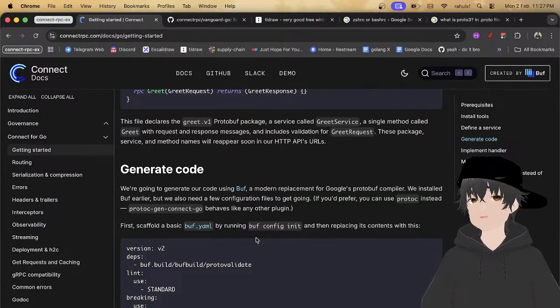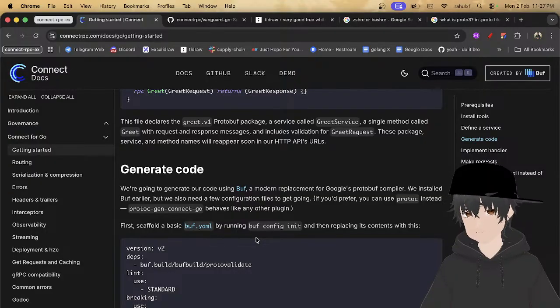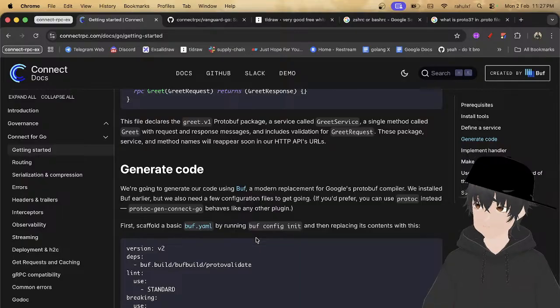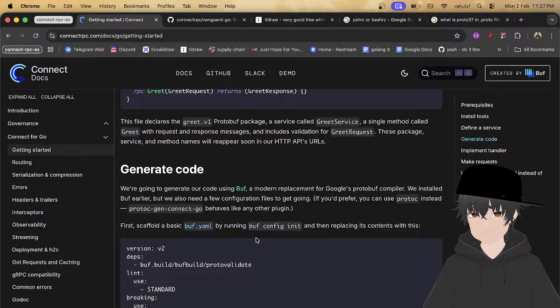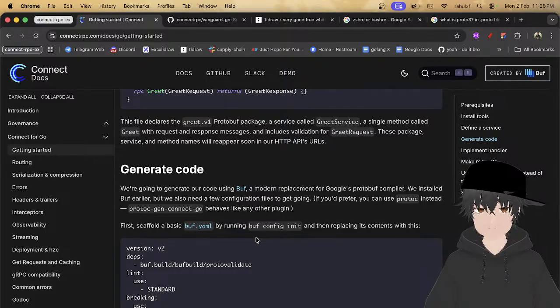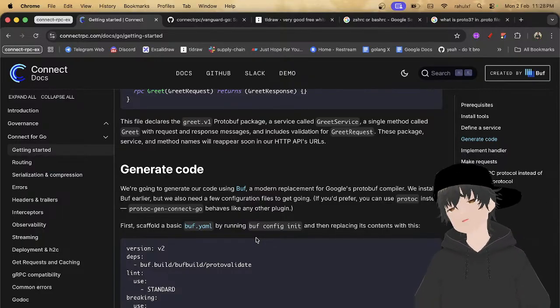We installed Buf earlier, but we also need a few configuration files to get going. If you prefer, you can use protoc instead. protoc-gen-connect-go behaves like any other plugin. First, scaffold a basic buf.yaml by running buf config init and then replacing its content.